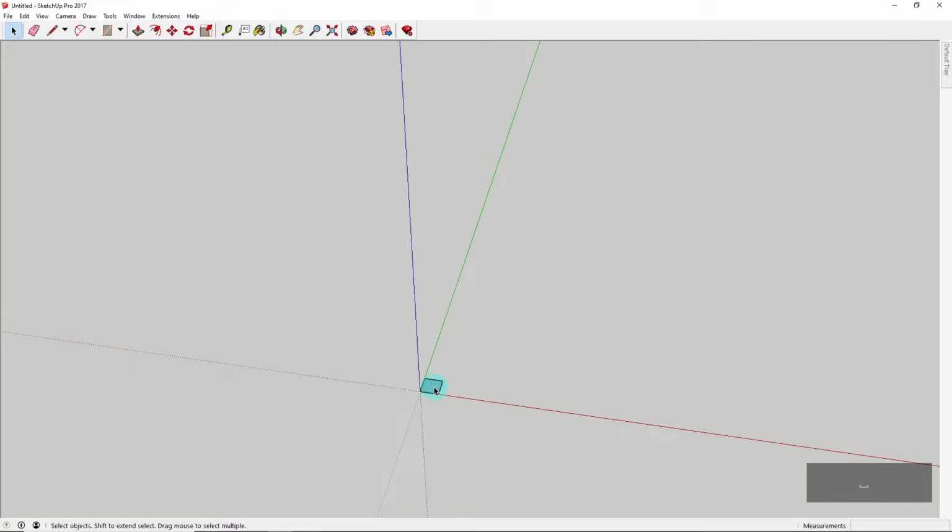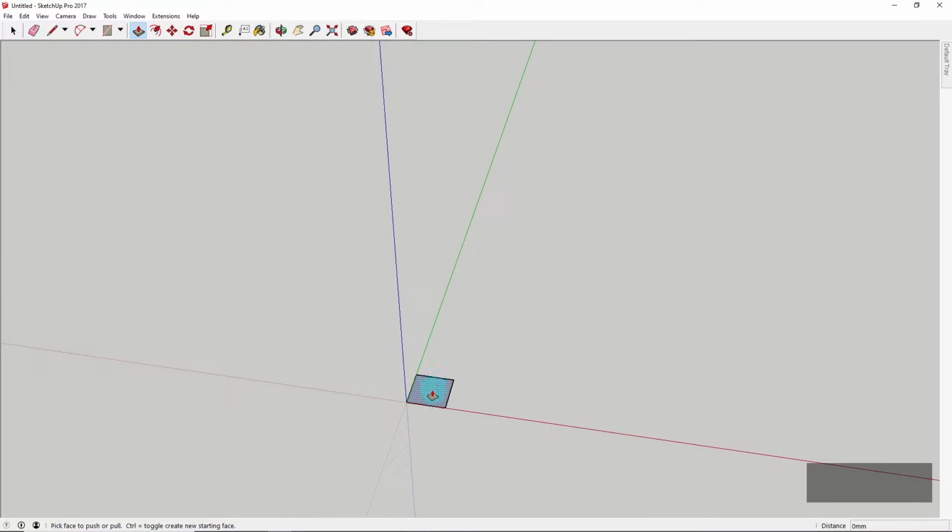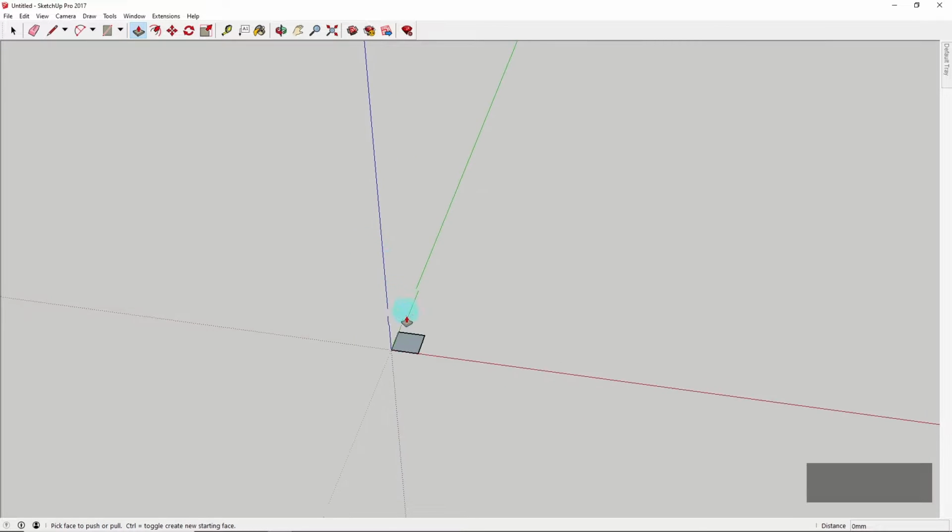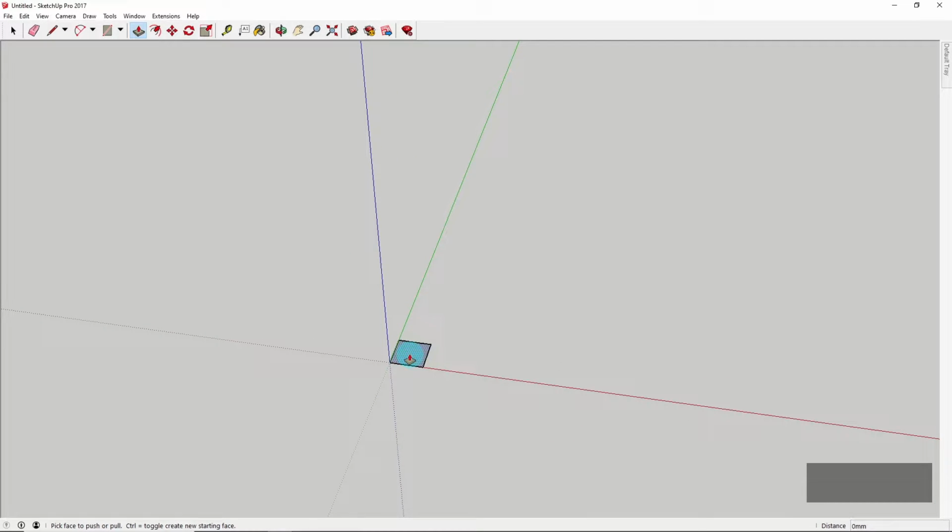So now we want to actually just use this tool here called the push pull tool, and we're going to click on that. And then we're going to see the face becomes highlighted when we hover over it. So we're going to click on that once,